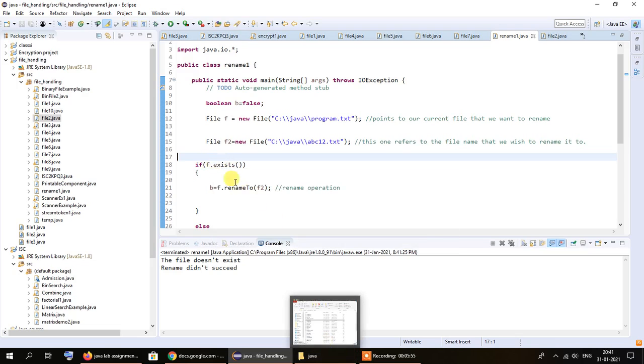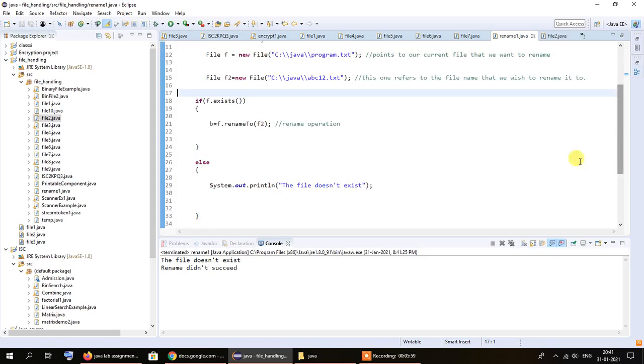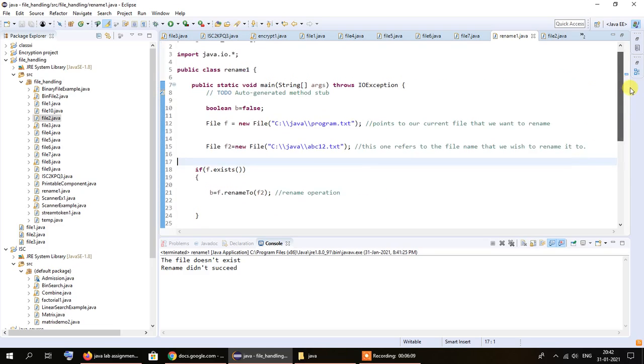So as it returns a false value, this condition isn't satisfied, so it goes to the else part and it outputs that the file doesn't exist. And the rename didn't succeed, that also is being printed because the value of boolean b is false, and as the rename operation didn't go ahead, it didn't get an opportunity to change the value of b to true. So both of these error messages are being printed right now, and this was the problem that we were facing